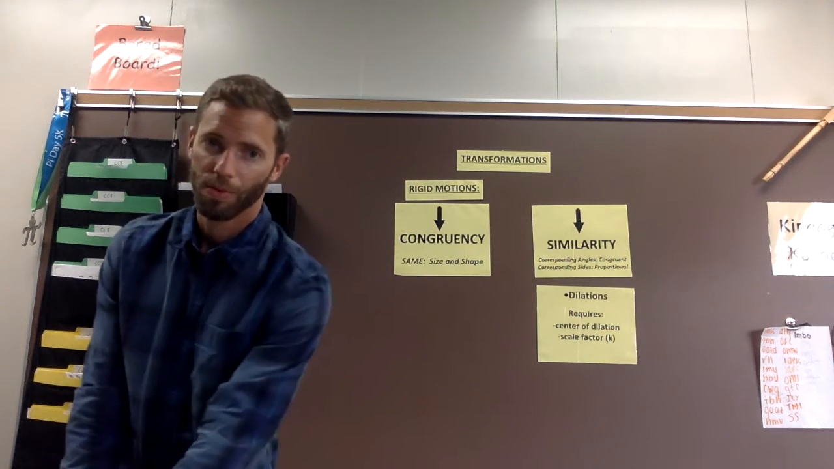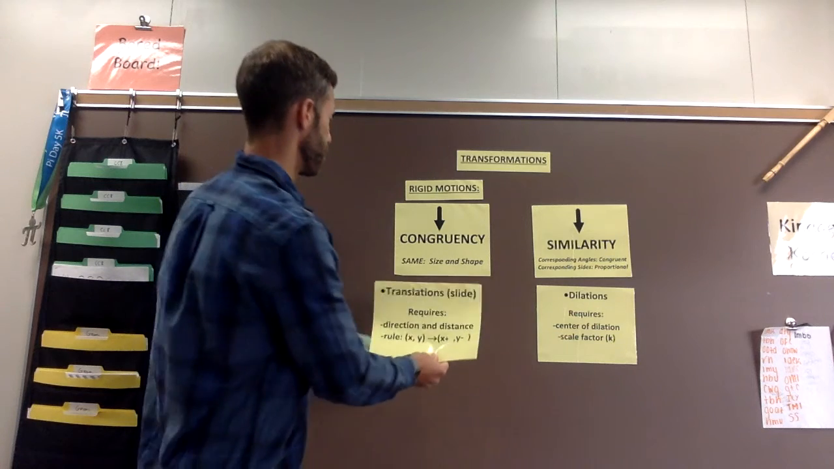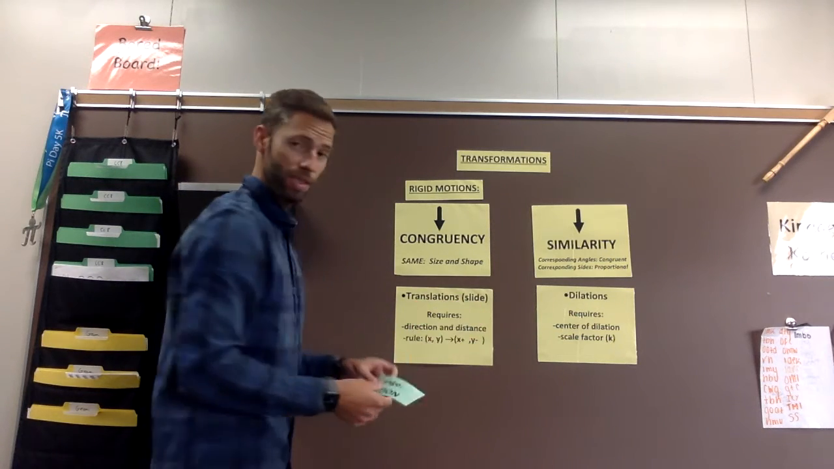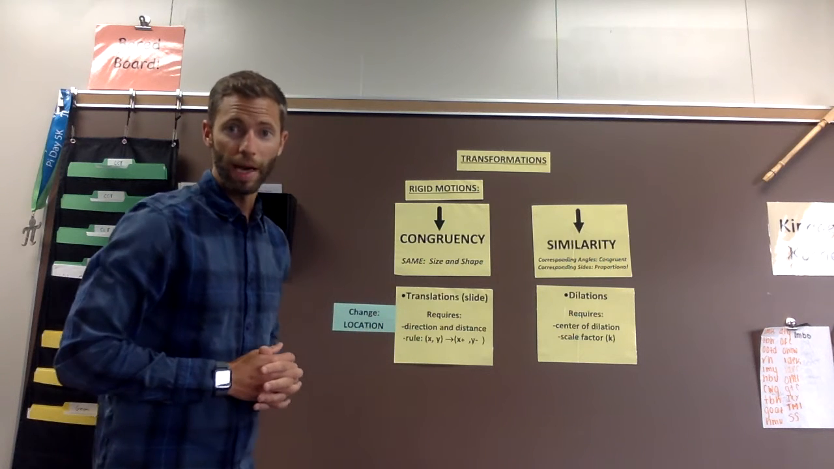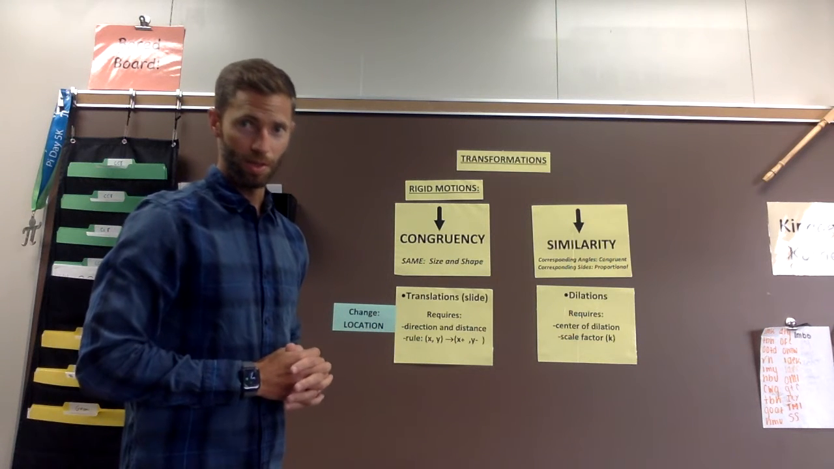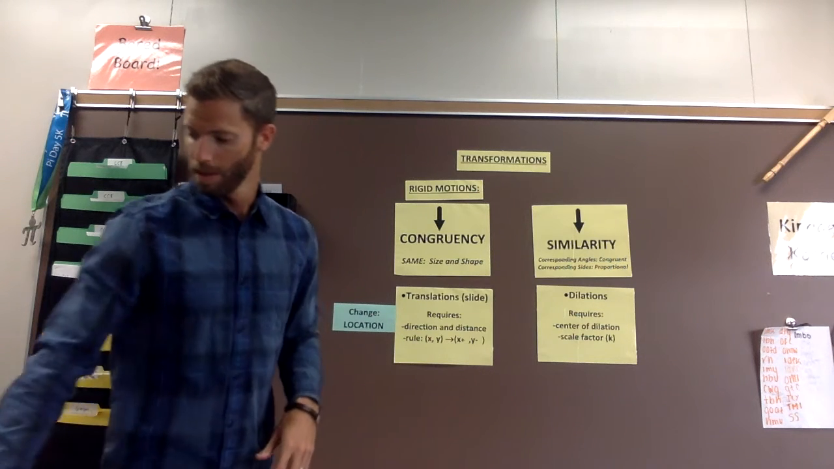So there's a few different types of rigid motions. These are probably familiar to everybody watching this. A translation is a slide. When you do a translation, the only thing that changes is the location of the shape. That's the only thing that changes. It's just a slide right, left, up, and down. Then you have